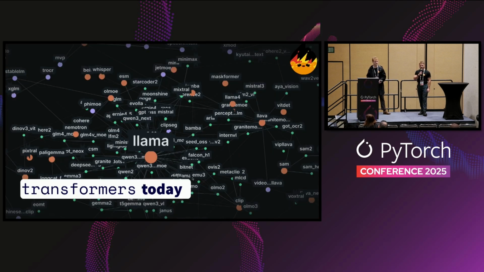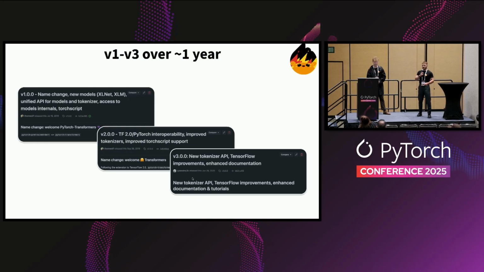Right, and so the first step is to take a look at where we stand right now. Like what has Transformers been doing over the past few years that brought it to where it is today. If we take a look back at the past few years, version 1 up to version 4 happened very quickly over the span of about a year. And each of those major versions was prompted by one specific event at that time.